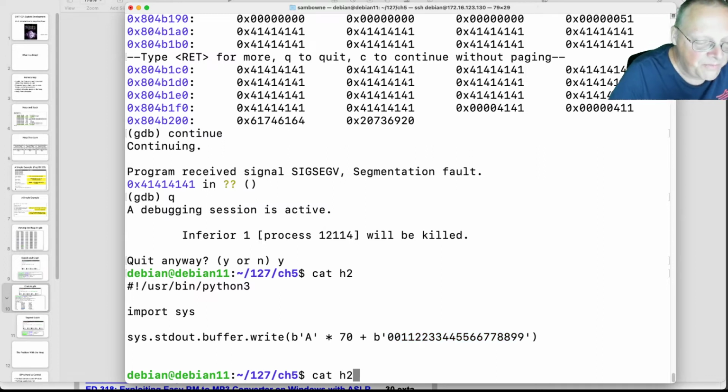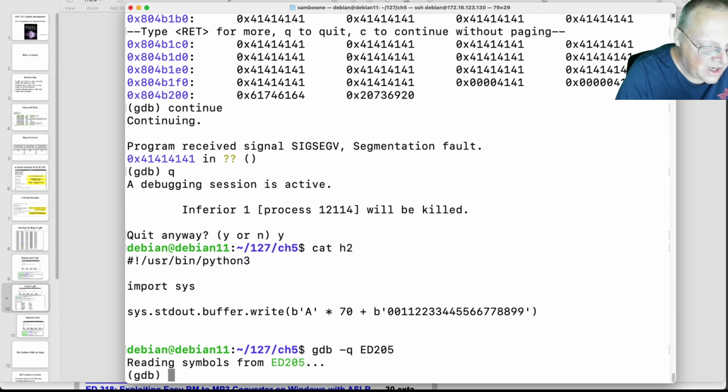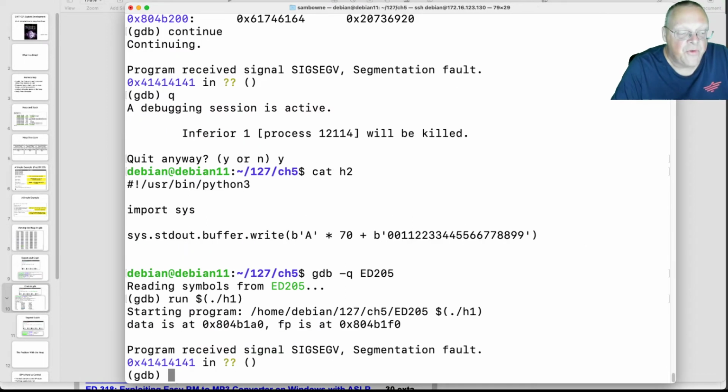So when I run that one, I can just run and let it crash now. I don't really need to examine the heap. Now I understand what's going on. In fact, if I run the previous one, which is $H1, it'll crash at 4141. See, now I can cut through all the nonsense. This is the instruction pointer, and that's some of the A's I put in. So if I run it with H2